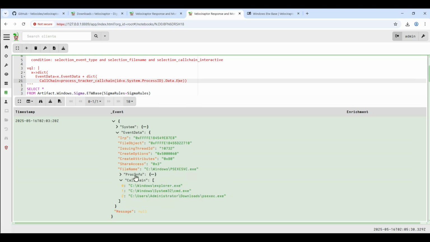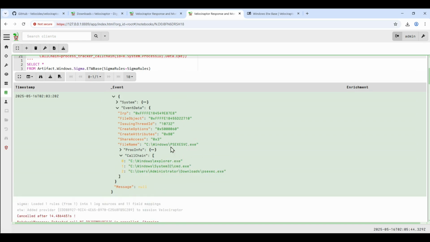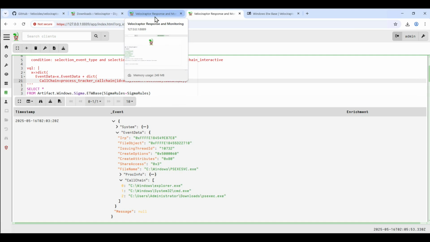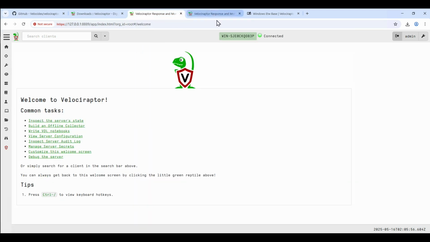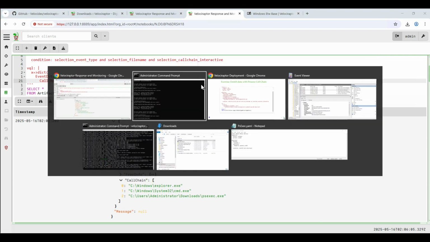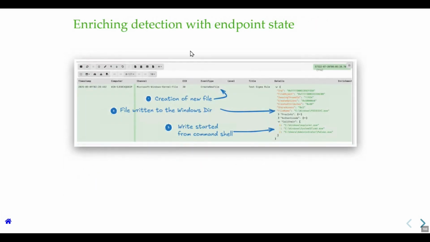So we can see here that we're getting the full command call chain, but Sysmon is only giving us the parent. That's not enough. By getting the grandparent, we get more context. This is really important, like on Linux machines, when someone logs in over SSH, these kinds of things. So you can actually see that an SSH bash shell is not the same as a login bash shell, and it's not the same as maybe an interactive bash shell. So we've got a lot more context this way. Okay, so that's how we can enrich data with more information